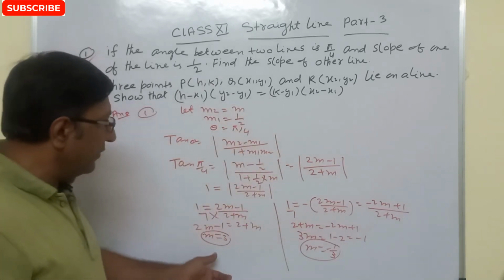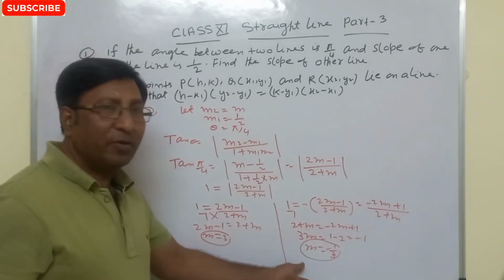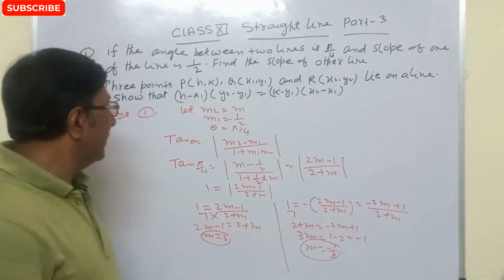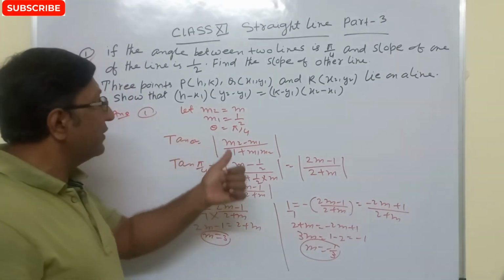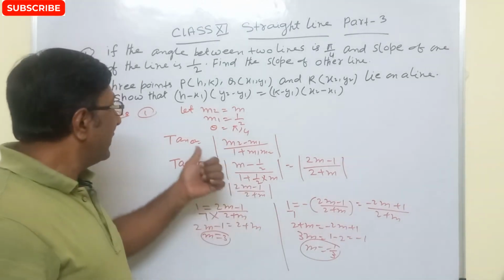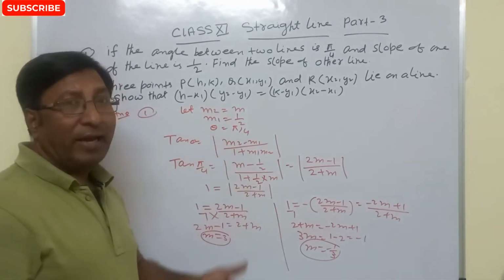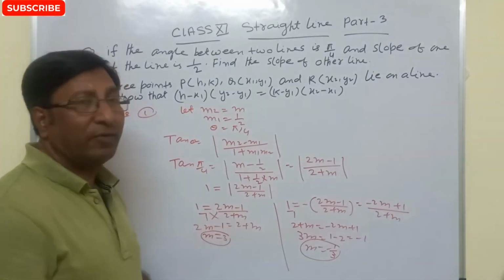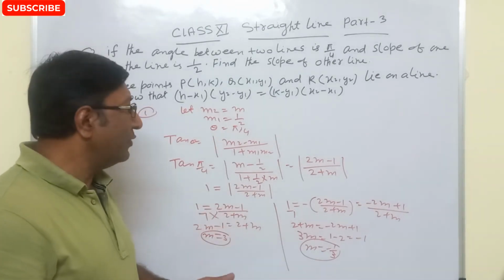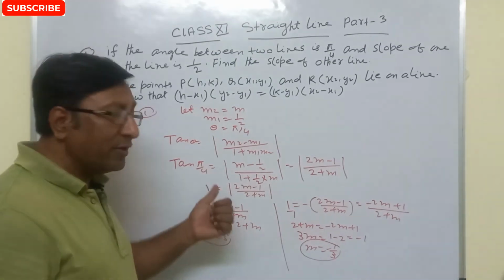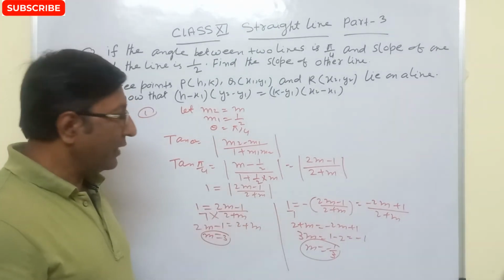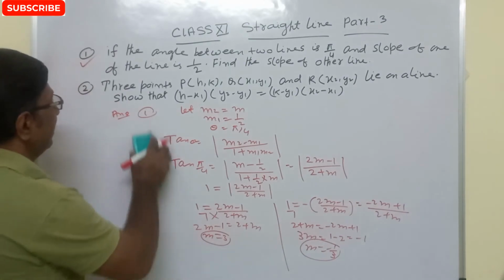So our correct answer is m equal to 3 or m equal to minus 1 by 3। So this is the important formula, when the angle between the two lines is given by tan theta equal to mod of (m2 minus m1) divided by (1 plus m1 m2), where m1 and m2 are slopes of the first line and second line, okay? Now see the next question।